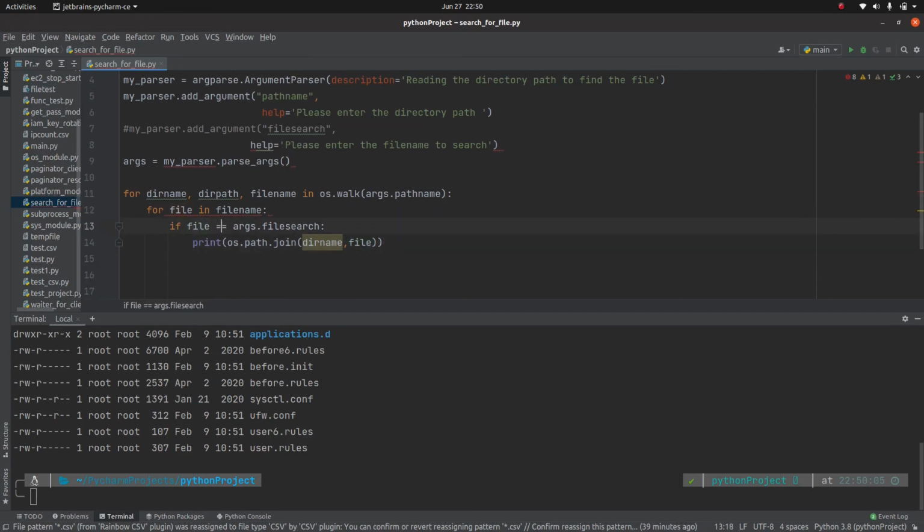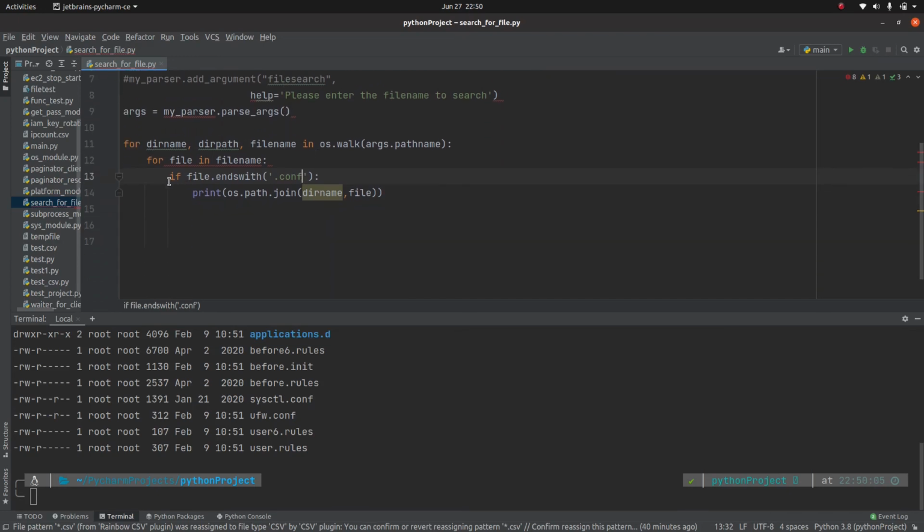And what exactly I need to do is, I'm not searching for any file now. I just need to look for any file which ends with .conf. So this is what exactly I'm trying to do here.